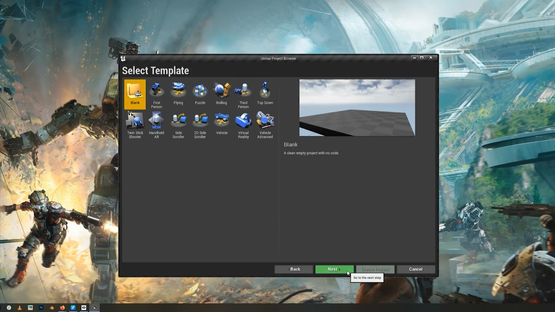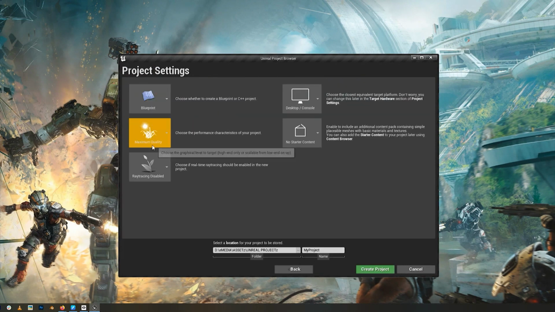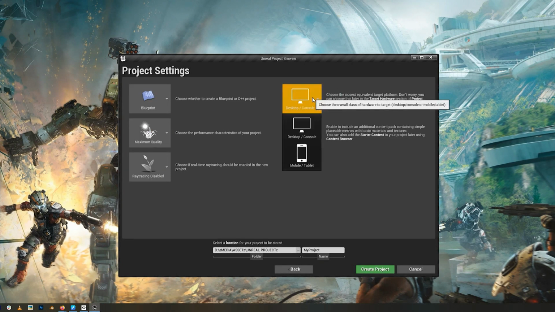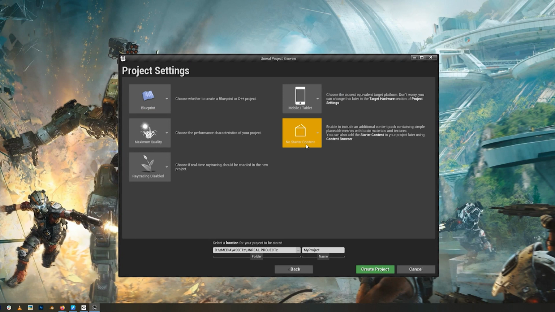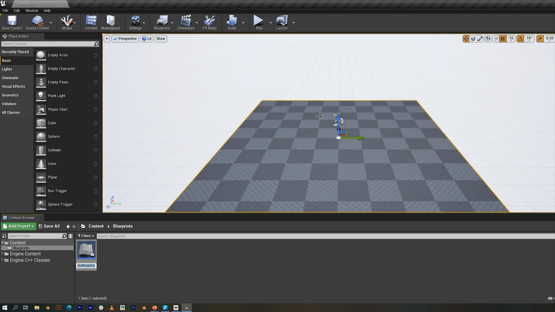I started with the blank template because I wanted to start from scratch. I didn't want to use any of the templates that were existing in VR. It's not as if I like hard work. I always like when I'm working on things to know where everything is functioning from, especially as a beginner, because it will be more confusing if you have things working in your scene and you don't know why they are working. So I started with a blank template, created the VR pawn, which is like the player character, and then